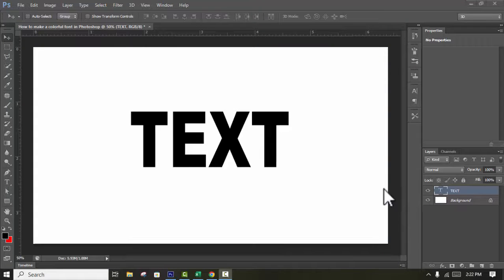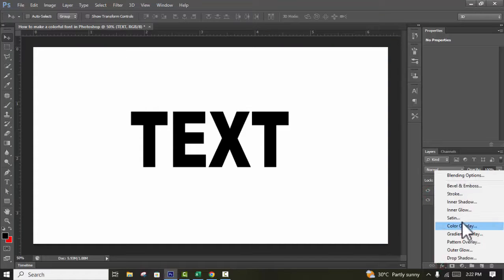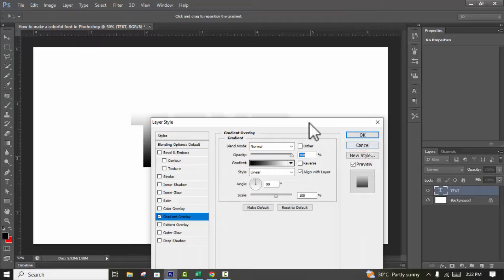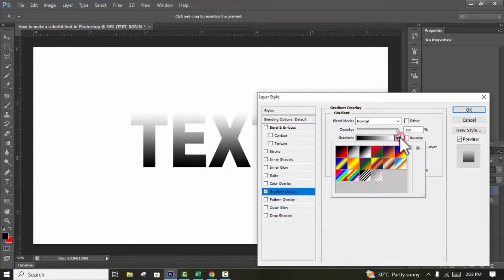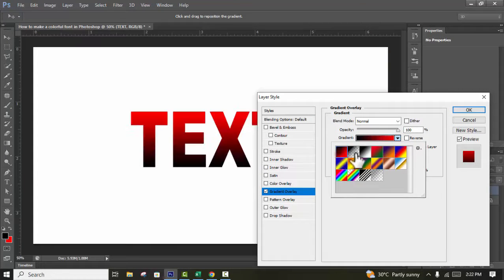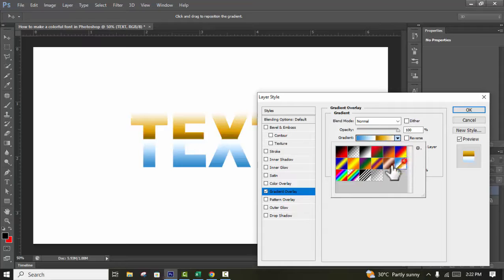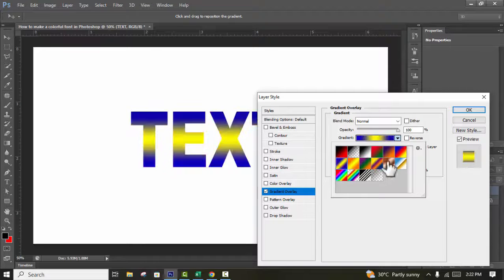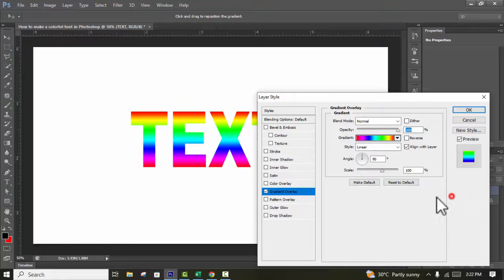Let's begin. Step 1. I already typed this text. Click Effects, Gradient Overlay and see this. So the gradient color palette. Use 2 color gradient, 3 color gradient, multiple color gradient. Okay. And change the linear option, angle, reflected